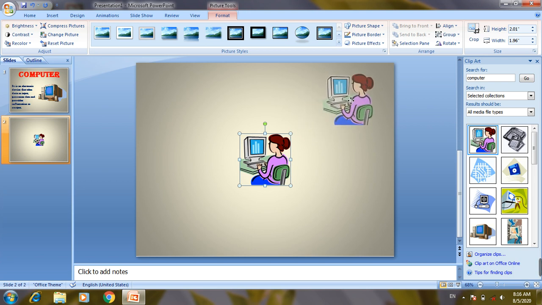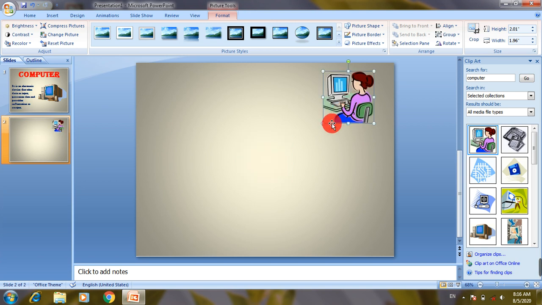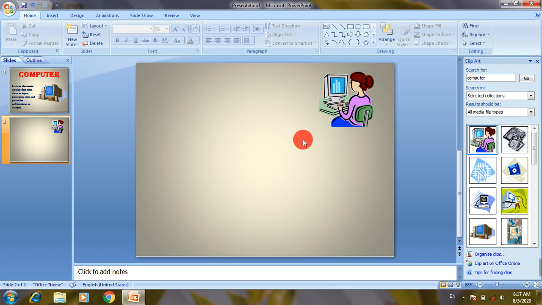So I'm going to drag this picture here in the right top corner. You can resize this picture using its resize handlers, diagonally or vertically or horizontally. So in this way you can insert picture using clip art.